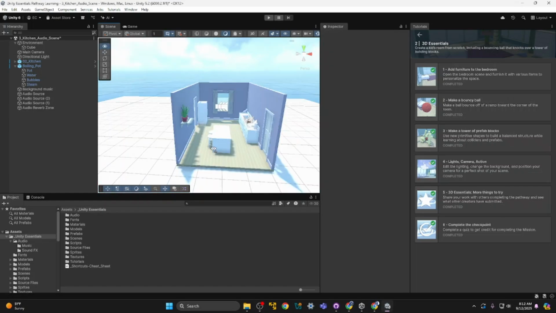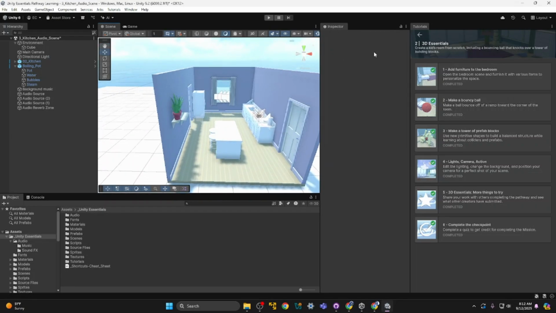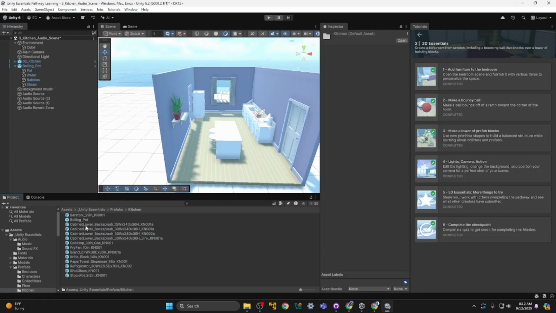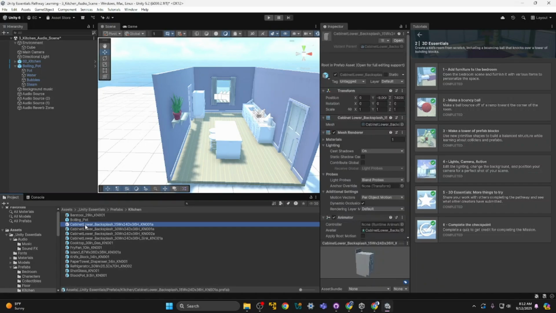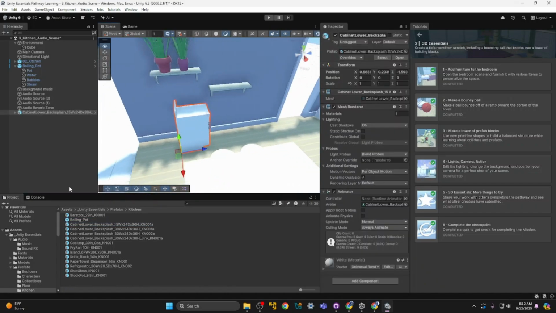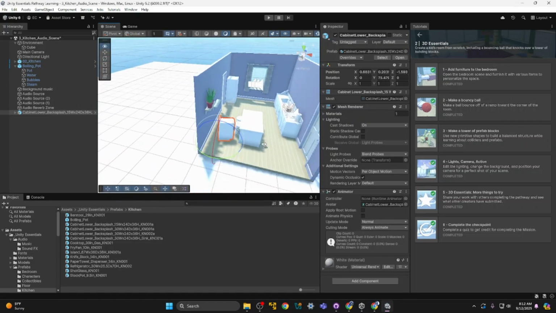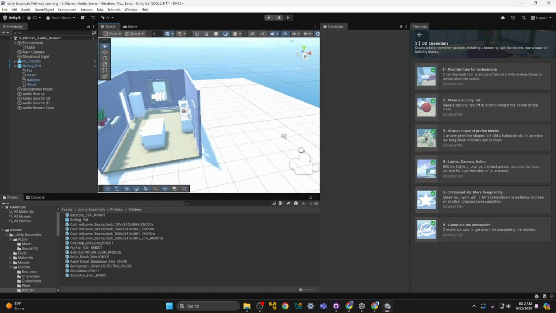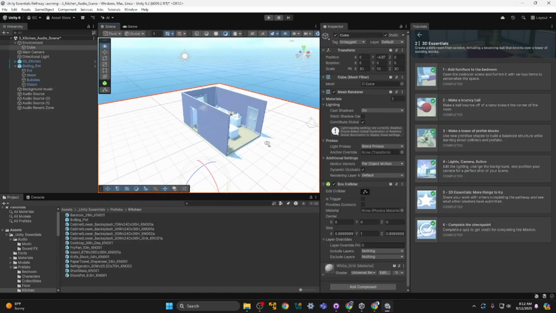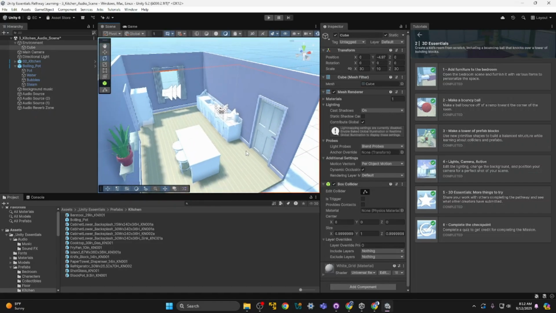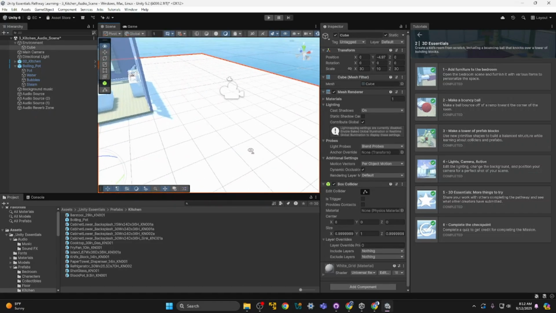And then the last thing that I worked on recently was adding things from prefabs that we were given. So let's go to prefabs and we can go to kitchen and we can add a cabinet. Why not? You just drag it in from the prefab and it'll do all the work for you there. It'll do all the coding, everything. You can rotate it, just mess around with it, kind of work as some sort of designer or whatever you want to call it. Not my type of thing, but that's pretty much it for what I've learned recently in the second week